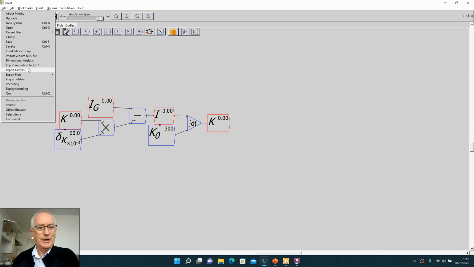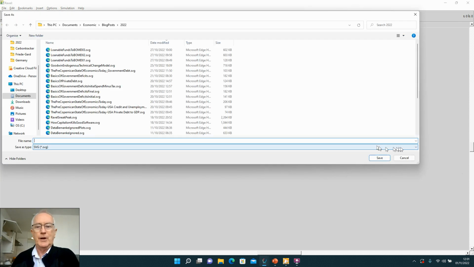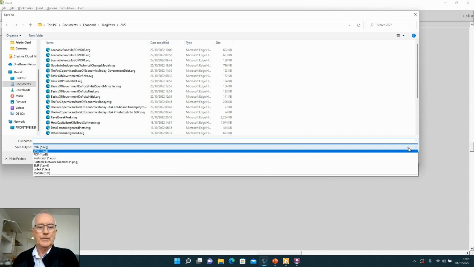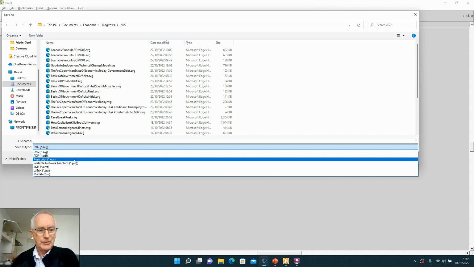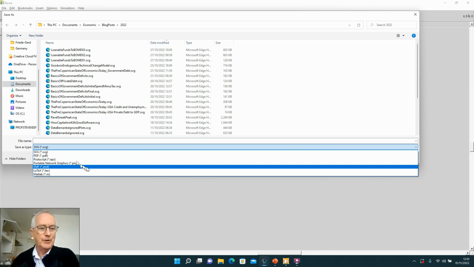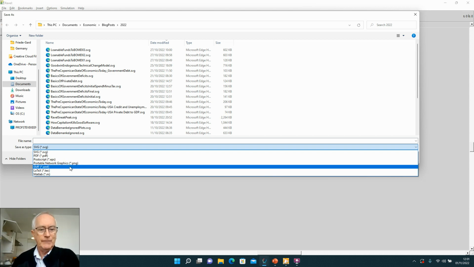This is a bit clumsy at the moment. We might improve this in later versions, but you've got 5 ways you can output a model: as an SVG file, which is a vector graphics file that you can put into programs like PowerPoint, Word, and so on to document a model; as a PDF; PostScript, which is the sort of online version of PDF, if you like; a bitmap file, PNG; an encapsulated meta file, again another version of PostScript;